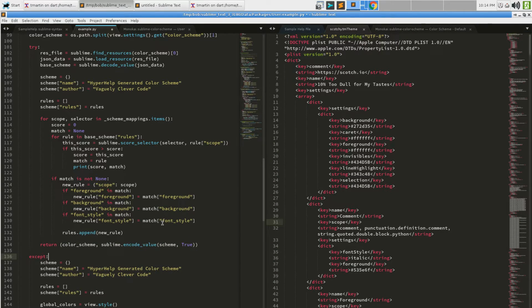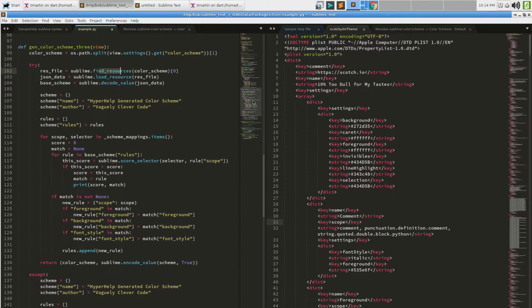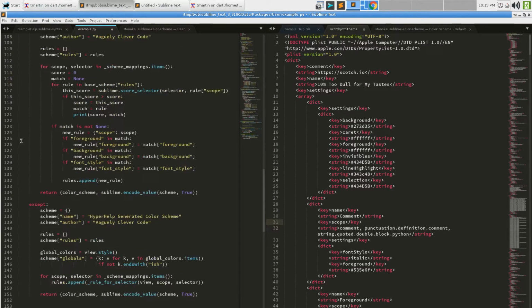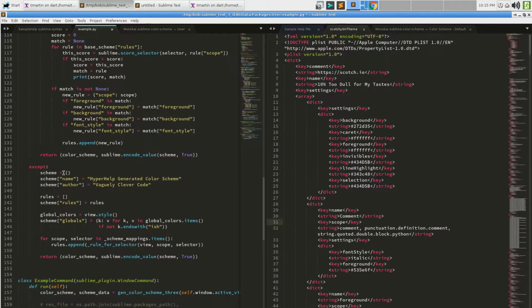If anything in there throws an exception, and in this particular case, in this example, we know find resources is not going to throw an exception. It's going to find the color scheme because we were very careful about splitting the path on it. It's going to be able to load the resource because it is still a file. It doesn't matter what the format is, it's still a file that it loads as a string. Where it's going to throw an error is decode value when it tries to decode this as JSON and it can't. And if that's the case, it skips down to here where